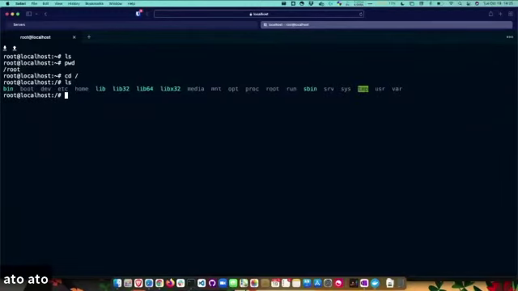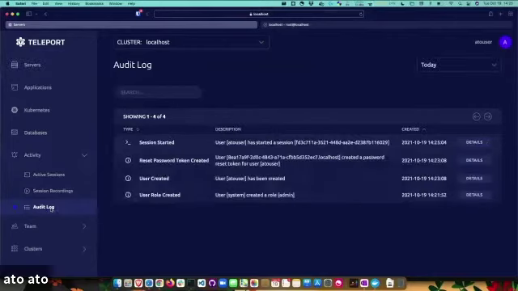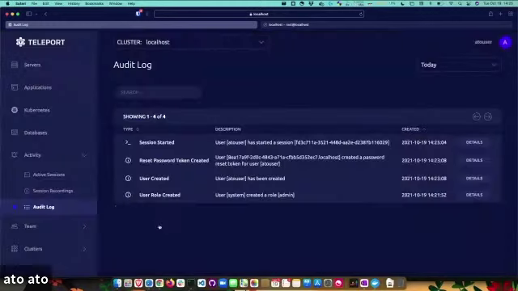I can run commands and do work. So if this was a remote node or something along that line, I've got it. So here's what's happening from the Teleport piece of the puzzle. There's a couple things. One, we have an audit log. So it says, hey, this user has been created, or this user has started a session within an environment. When I open up this audit log, I get a nicely JSON-formatted log file that I can use to see a little bit more detail of what's happening within that session.